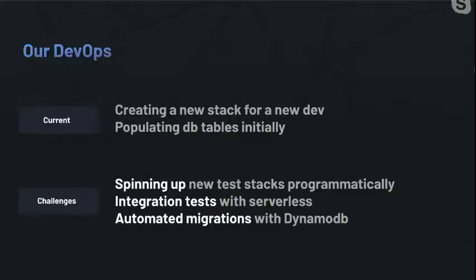So now I'm going to talk lastly about a little bit of our DevOps. Some of the current advantages that we've seen so far of using a serverless model are that we can easily spin up new CloudFormation stacks for our new devs. We can also quickly populate those stacks and databases with